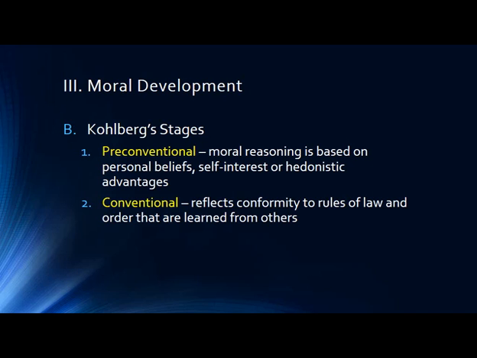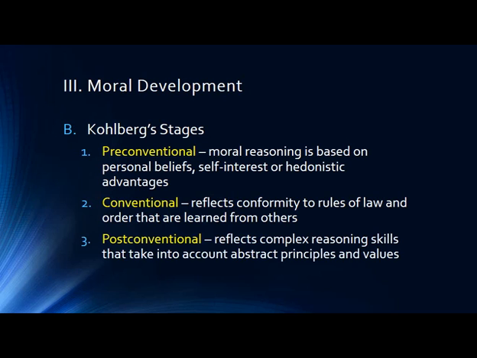Moving into conventional stages, this reflects conformity to rules of law and order that are learned from others. So in the conventional stage, he shouldn't have stolen because he broke the law. Or the man shouldn't be allowed to charge that outrageous price because that should be against the law. Conventional, basic rule-based reasoning is what happens in this stage of moral development. So we move from selfish, self-interest, personal beliefs into conformity to rules of law,